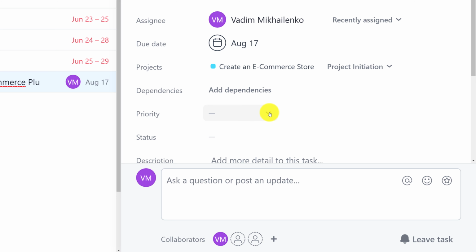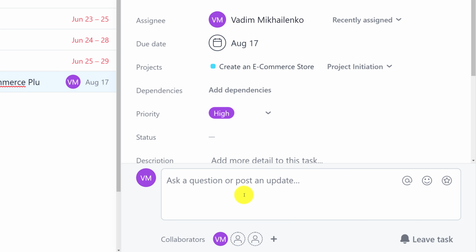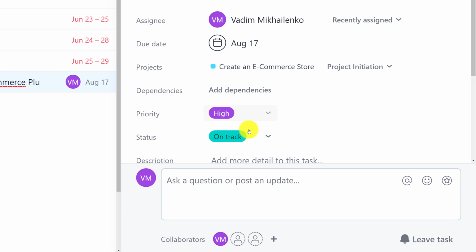In the priority field, you need to define what's the importance of this task. To me, it sounds like a high importance, because we can't move forward without completing it. And in the status field, I am going to say on track. But you have two other choices, at risk or off track, and you can add your own choices by using